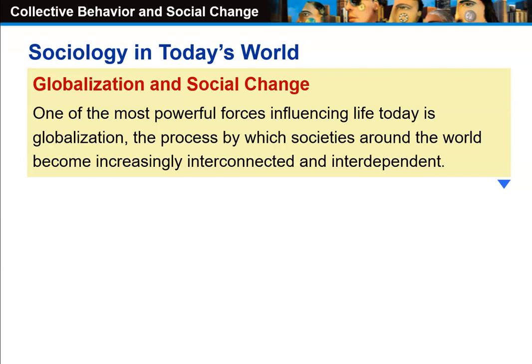One of the most powerful forces influencing life today is globalization, the process by which societies around the world become increasingly interconnected and interdependent. Social change comes quickly when the more societies have the ability to interact and trade with each other. China for many years tried to keep the rest of the world out, and then finally